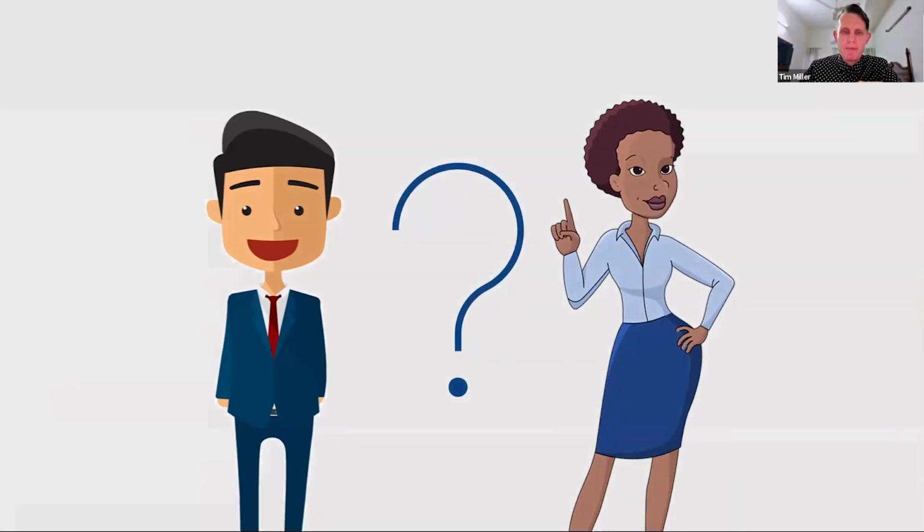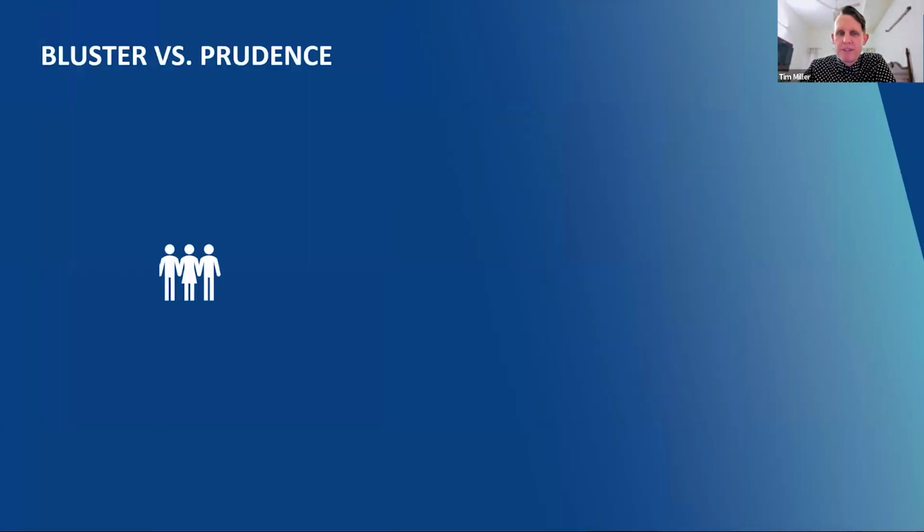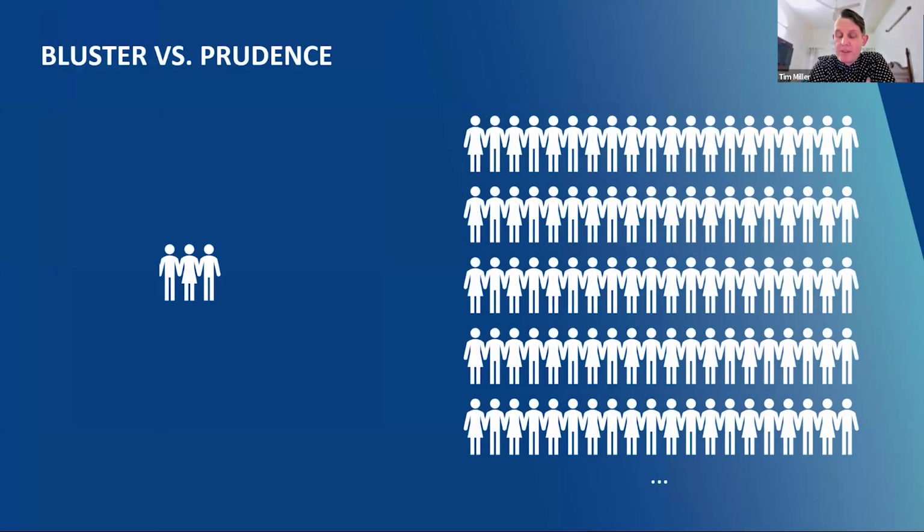What we see is, when I do this kind of survey in talks and other places, I see this kind of distribution where lots of people say Prudence and a few say Bluster. Of course, it's a completely biased poll because I chose funny names that bias you towards Prudence, but I've seen this run by other people, this exact scenario, where they use much more neutral names and they see similar results here.